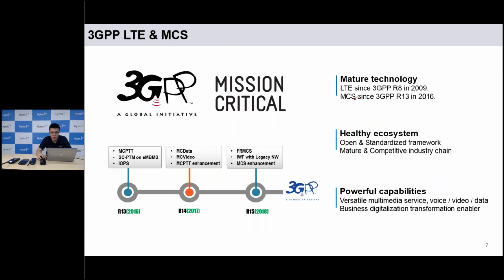So if we need to mention LTE, there is an organization, 3GPP, that we must mention. 3GPP LTE: first, 3GPP already started the research about LTE in 2009, back in 3GPP Release 8. And in 2016, they started to research mission critical push-to-talk related applications, back in 3GPP Release 13. And since it's a standardized, international and open framework, we could see 3GPP LTE build up